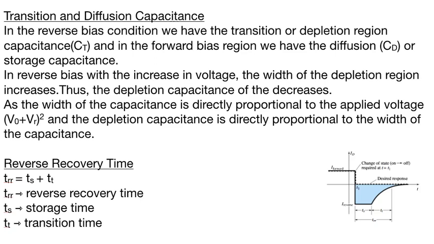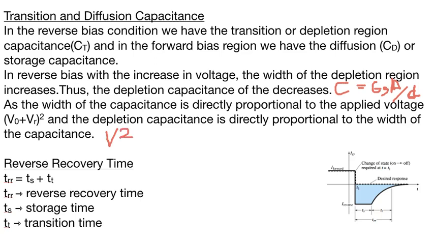The depletion capacitance decreases because of the formula C equals epsilon A divided by the width. So you can see that as the depletion region increases, the capacitance decreases, as the width of the depletion region is directly proportional to the voltage. Okay, this is directly proportional because earlier we have seen that